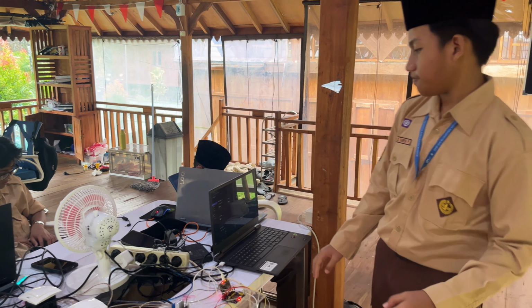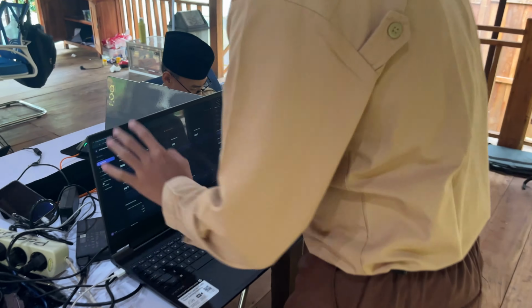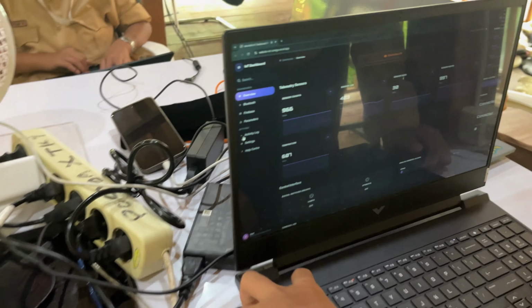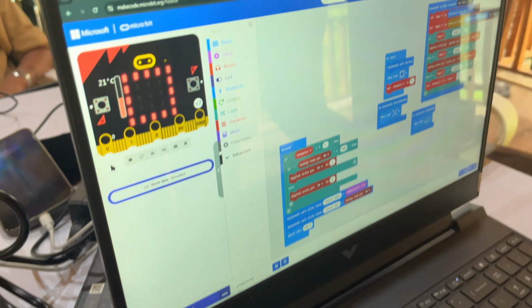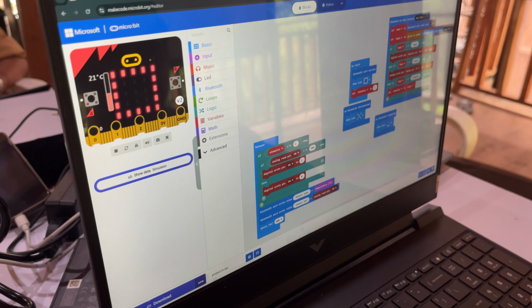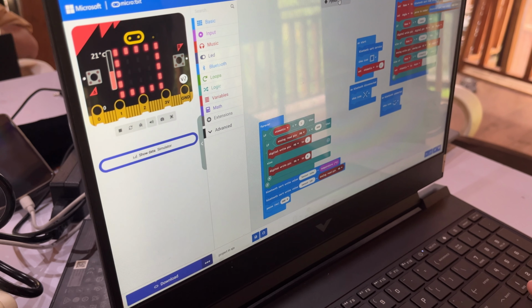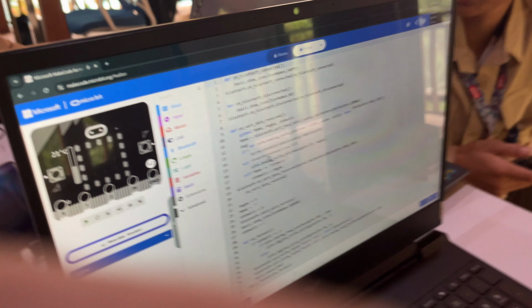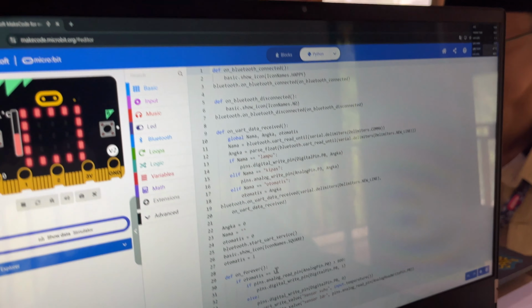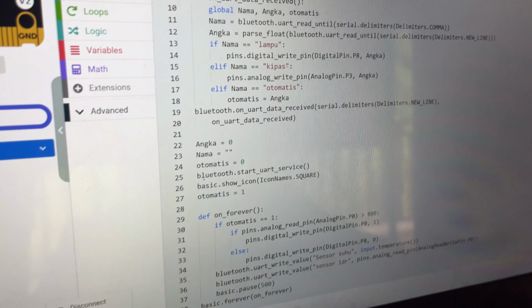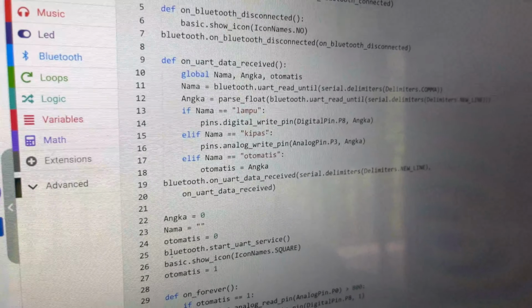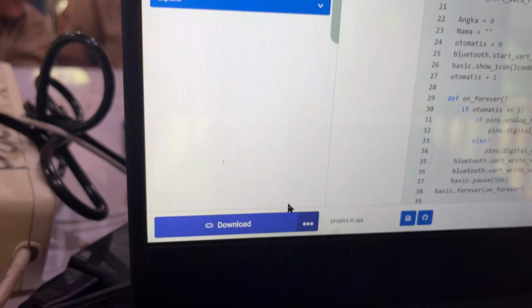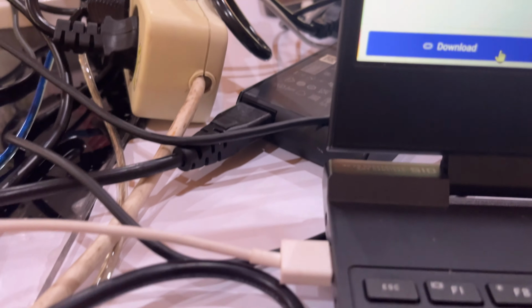So come here. In here there is a program that I already made. First I will connect to the microbit with the USB cable.